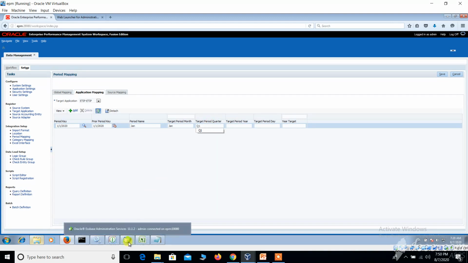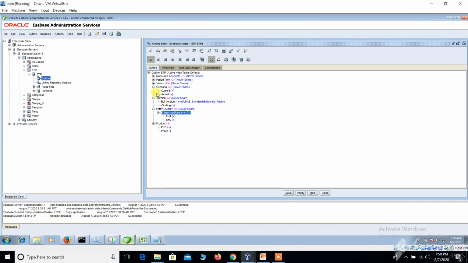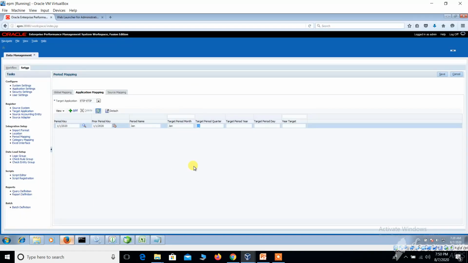You can see in the outline, quarter one is in period. So I am loading the data for the January month, that's why I am giving quarter one over there. Okay, target period here FY20 and target year FY20.